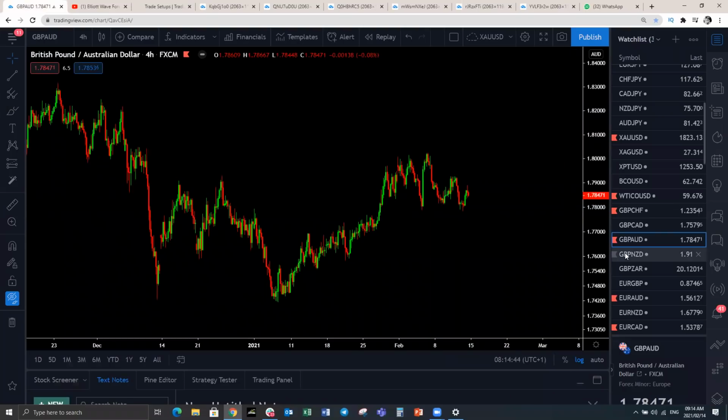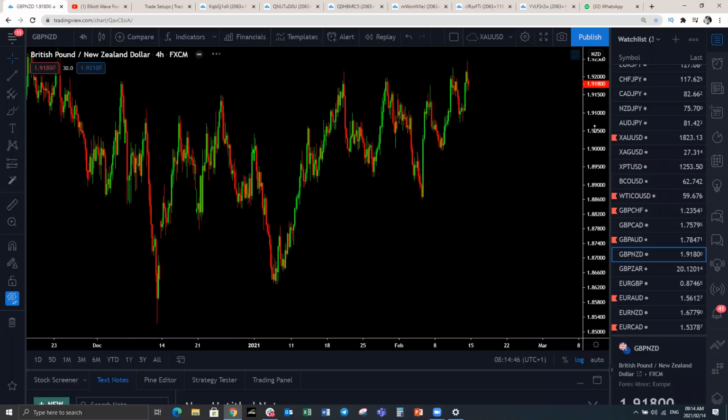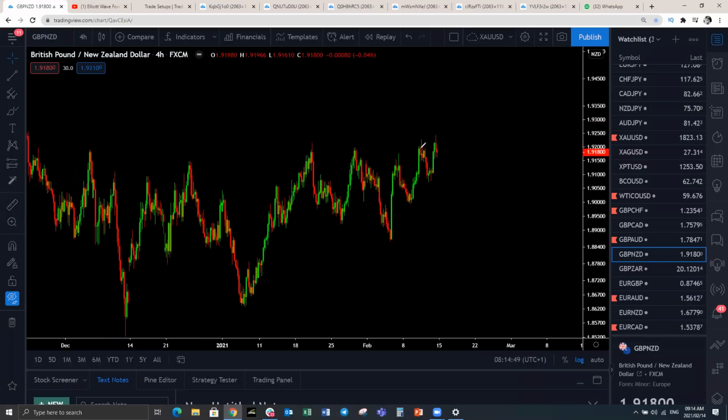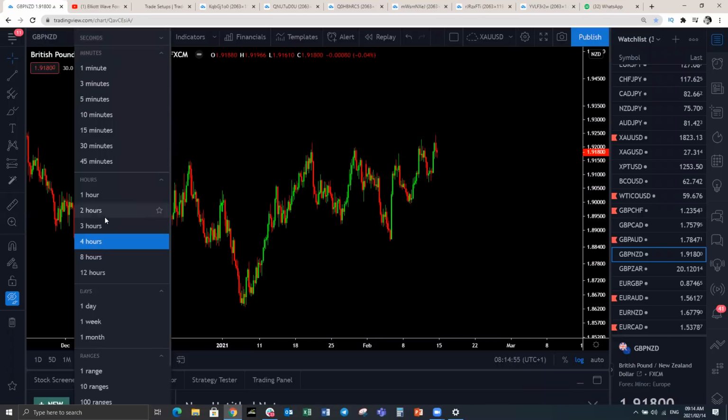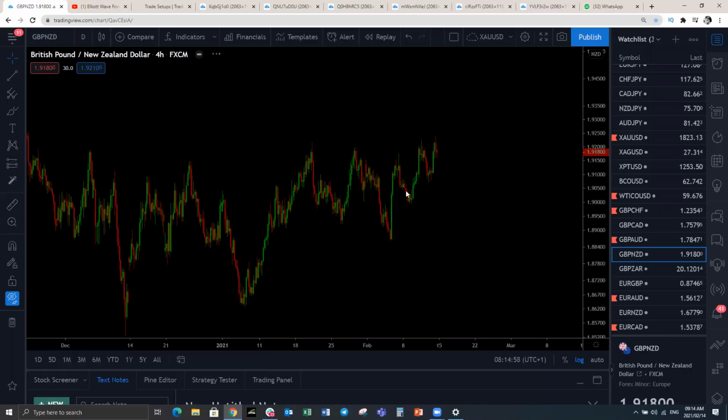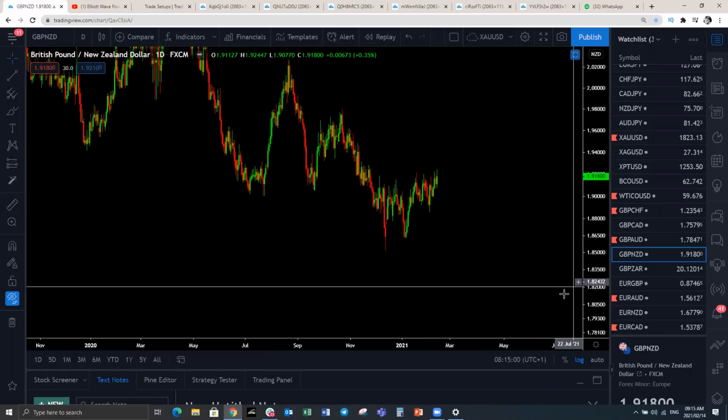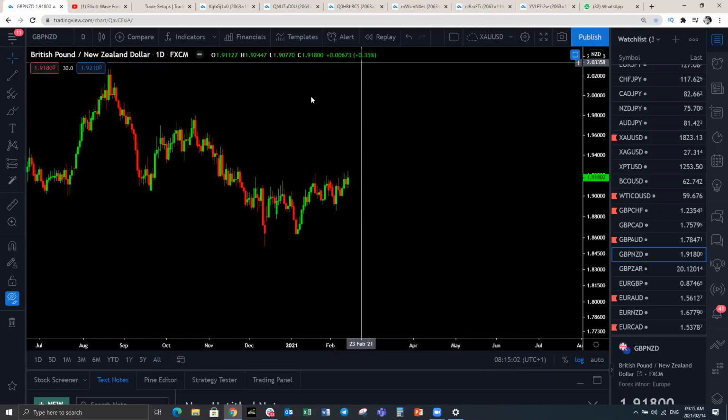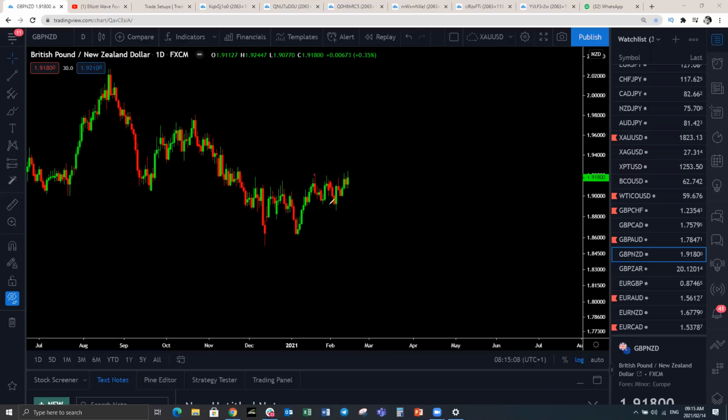That's pound AUD, pound New Zealand. Pound New Zealand and pound AUD are supposed to be correlated. So we'll expect a bit of a push to the downside here. Now, with pound New Zealand, the move to the downside may be to make the following structure. Let's have a look. So this is on the daily. The daily on pound New Zealand could be giving us these 3 waves down, 3 waves up, and we see another move to the downside before we see continuation to the upside. Otherwise, if we do not get this drop and this goes sideways, the structure is going to change. That is pound New Zealand. We're going to be watching that.